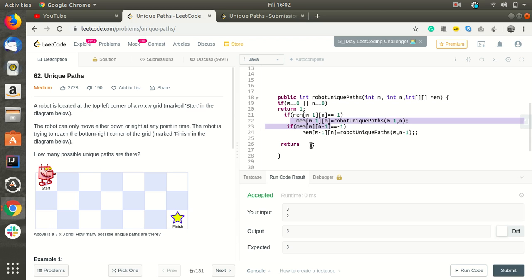and will return the sum of this plus the sum of this. So I think it should be minus 1.